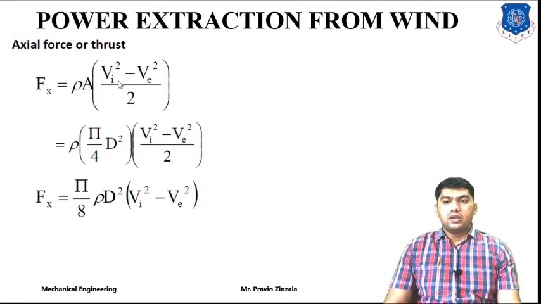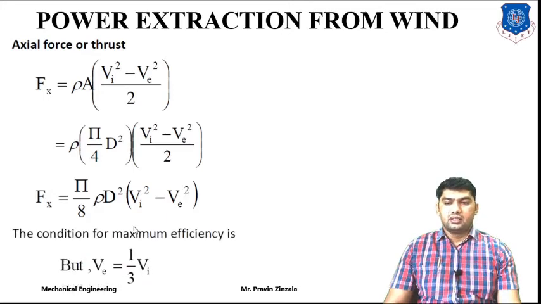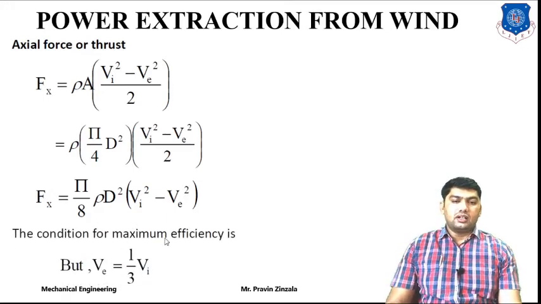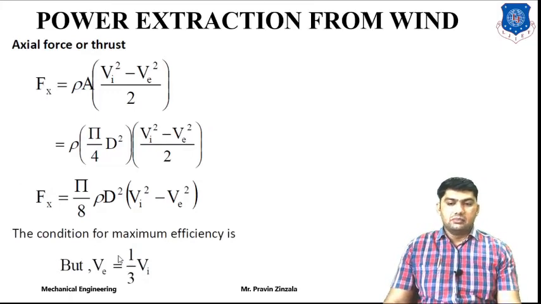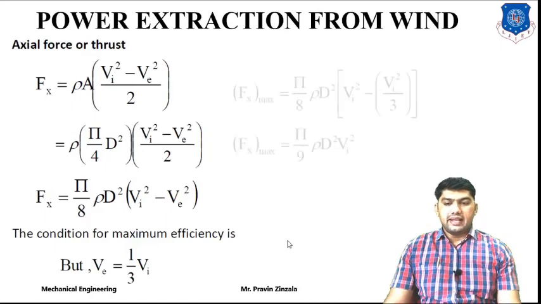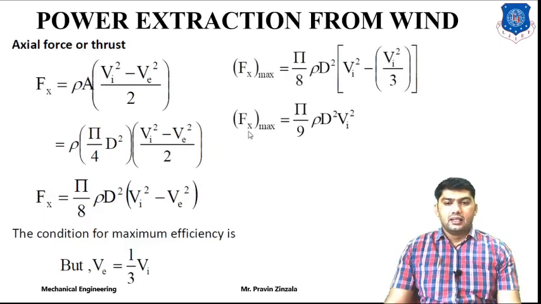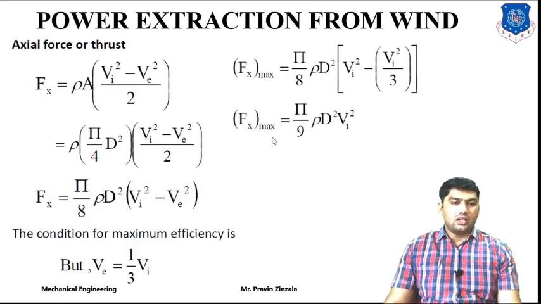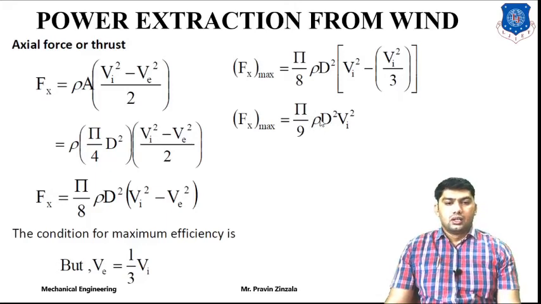So A axial thrust. Vi by 3. Is equal to pi by 9 pi square, means